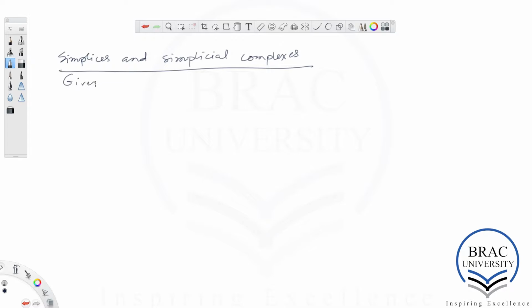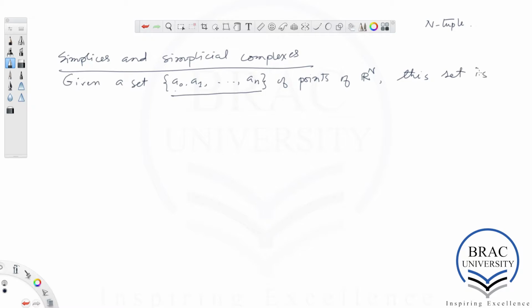Given a set A0, A1, all the way up to AN of points of R to the big N, which means that each of the elements in this set is an n-tuple. This set is said to be geometrically independent